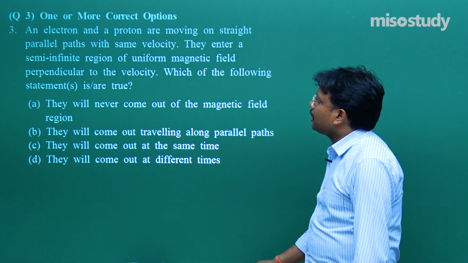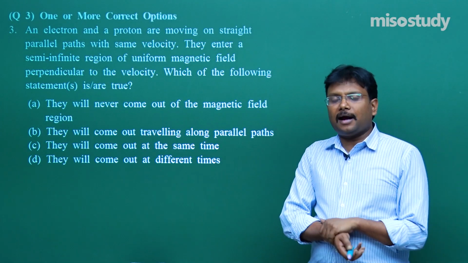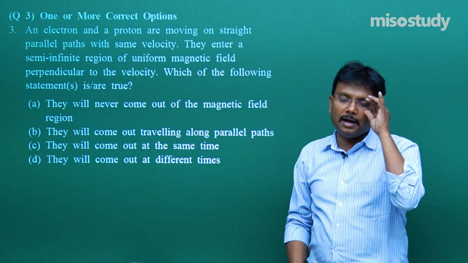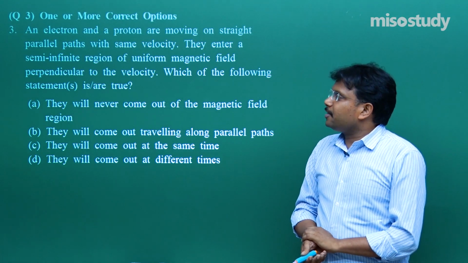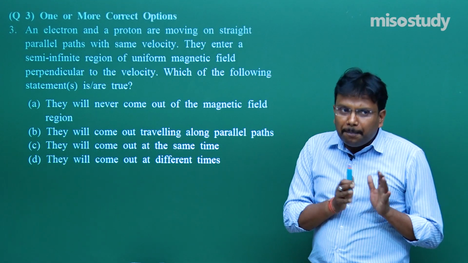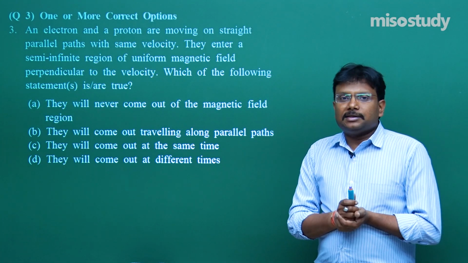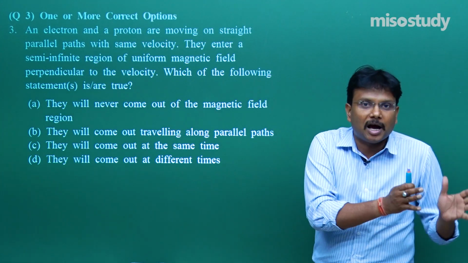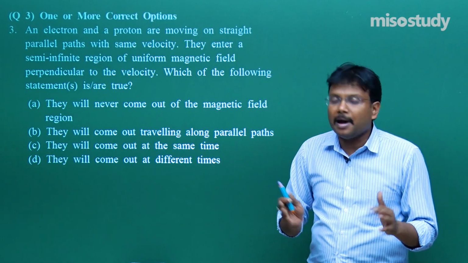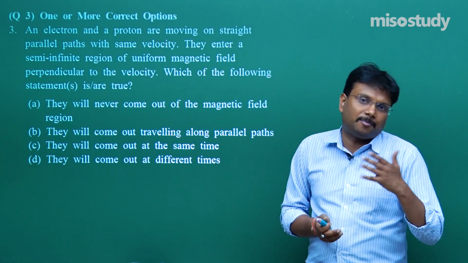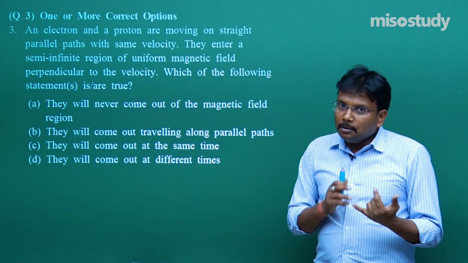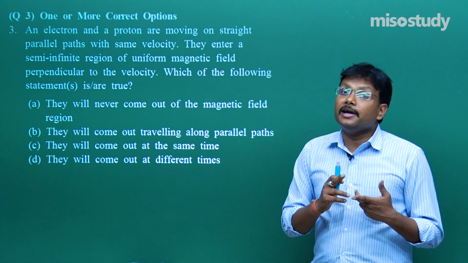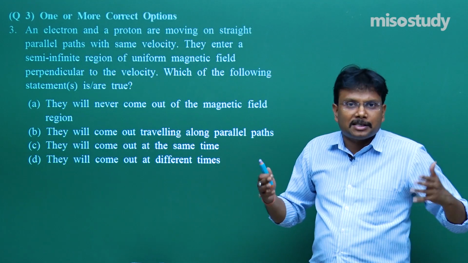Then comes question number 3. Now, why am I mentioning a different heading over here? I can understand the way we are presenting these questions to all of you. Up to now, you must have realized that we are trying to pick up all types of questions which are supposed to be asked in the JEE Advanced pattern exam, and in almost every video I am explaining it to you. That is, one option correct, more than one option correct, matrix match, integer type, analytical type. So, various types of questions.